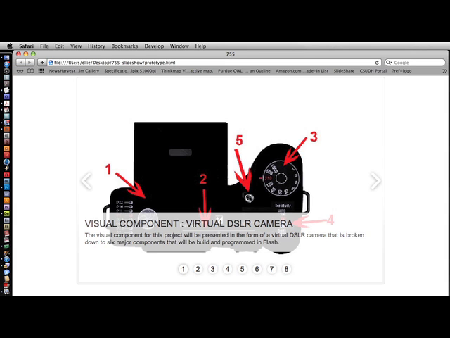Hello everyone. I'm here to introduce to you my prototype for my thesis project, which is to build lesson plans around customized simulators for visual learners for online learning. And I've chosen a virtual digital camera, but this concept could be applied to any other form of visual medium,